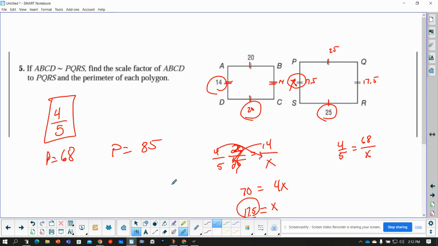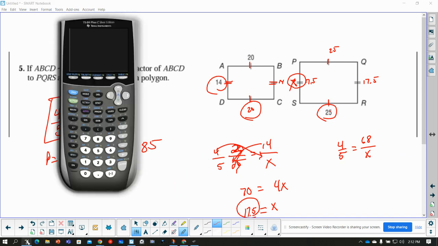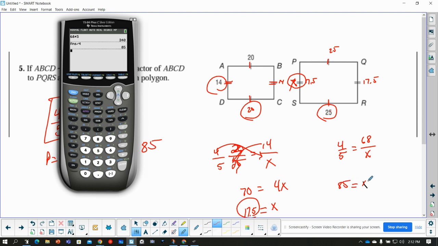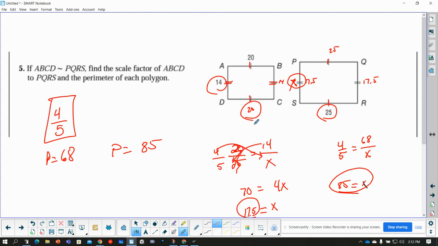You ready for it? I'm definitely going to have to use my calculator now. There you are. All right, so I'm going to do 68 times 5. 340 divided by 4. Oh my gosh, it's the same thing, right? You're going to get the same thing either way. And this is the nice thing about so many different types of math problems. Once you start to get the concept of things, there's a lot of different ways that you can work it out. All right, regardless, hopefully you've got a way that makes sense to you